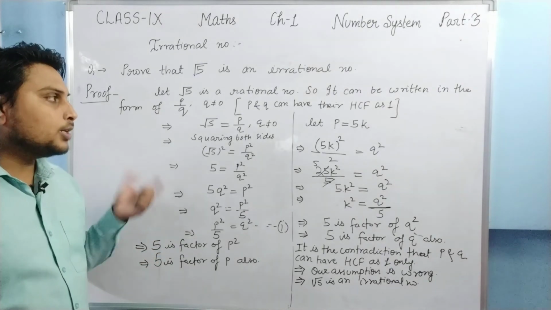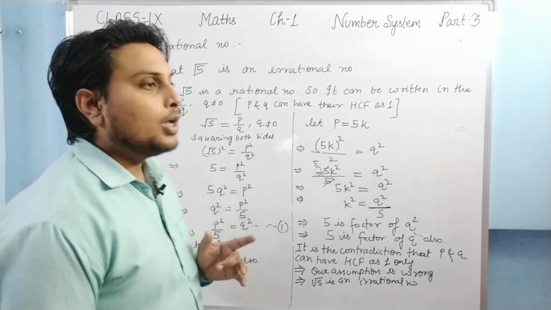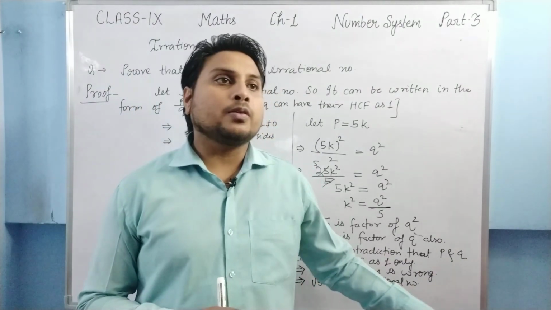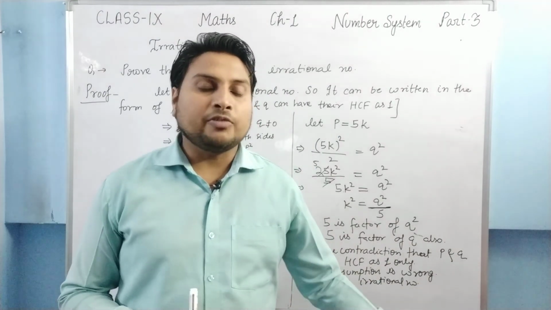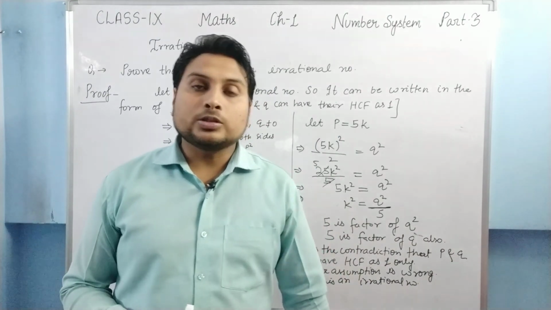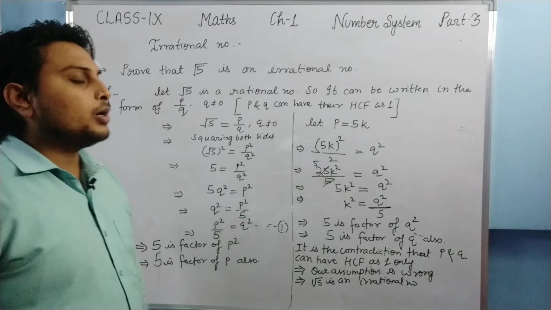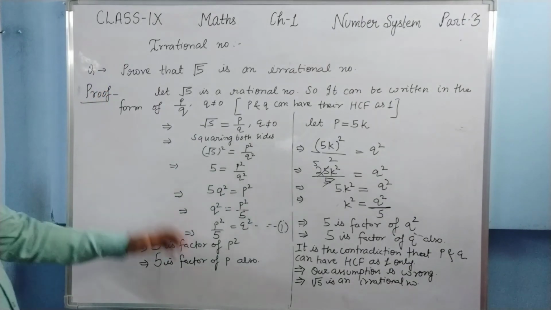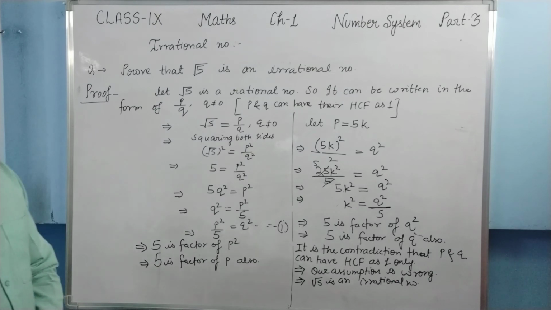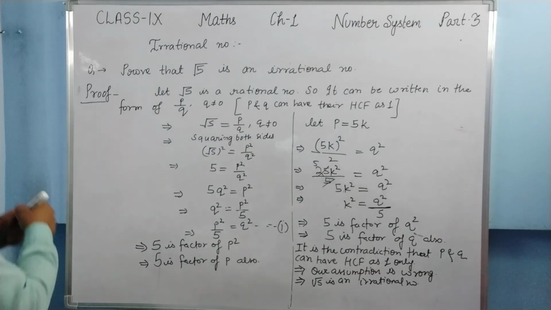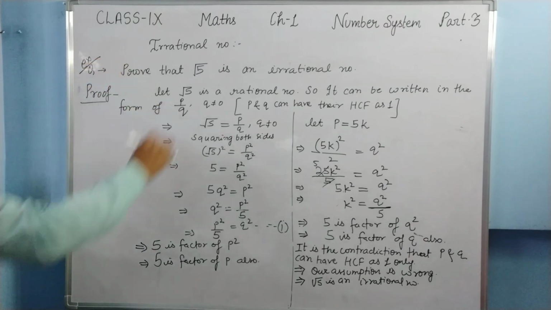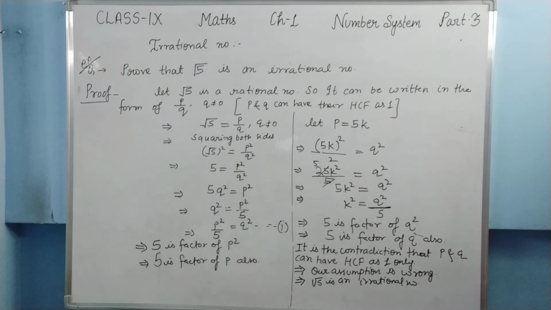And in the same format, for under root 2 you would do some different calculation, to prove under root 3 you would do different calculation, to prove under root 11 you would do some different calculation. But here the format is the same. In the same format you can prove any type of number irrational. Okay, students, as a second example, prove that under root 5 is an irrational number. You will do it in your fair copy for practice of that method. Pause the video and note it down.